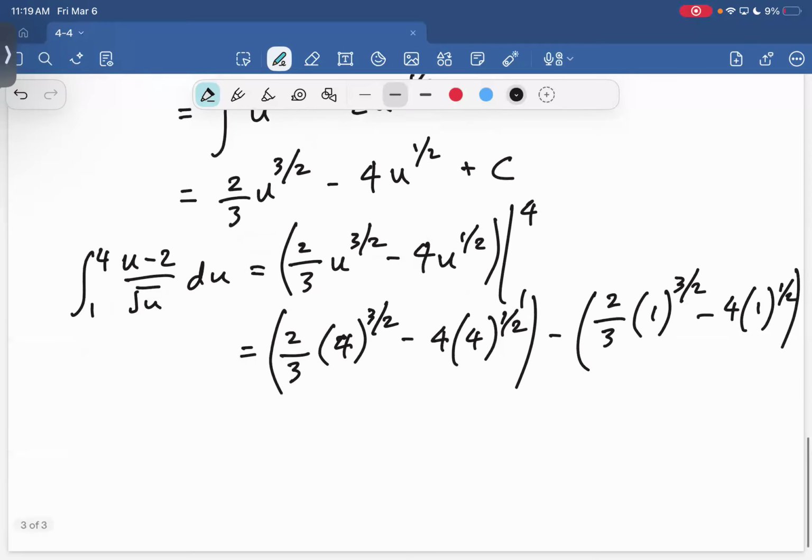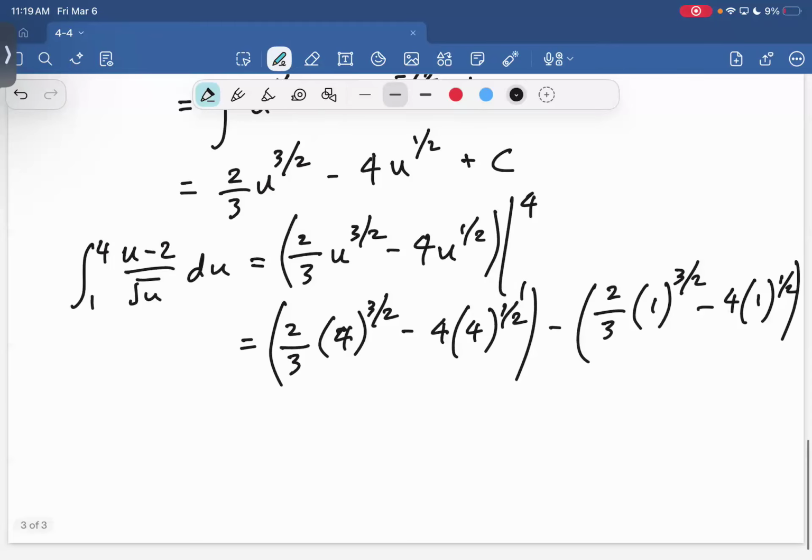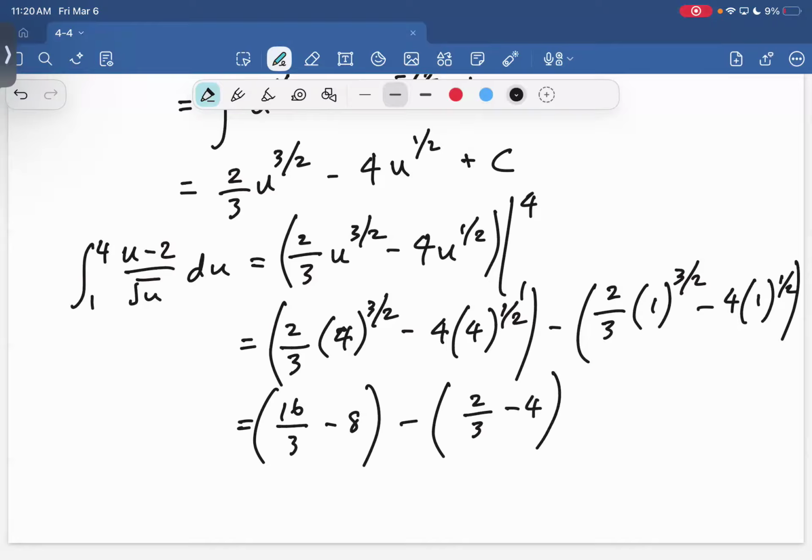That's my second one. And then all I do is subtract them. So if I do this out, I'm going to get 16/3 minus 8 minus 2/3 minus 4. And then if you did that, you would get